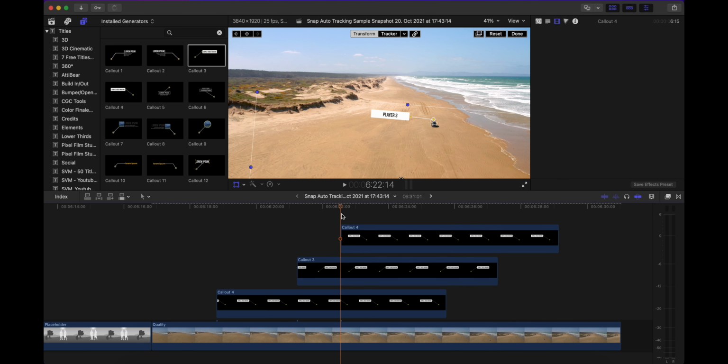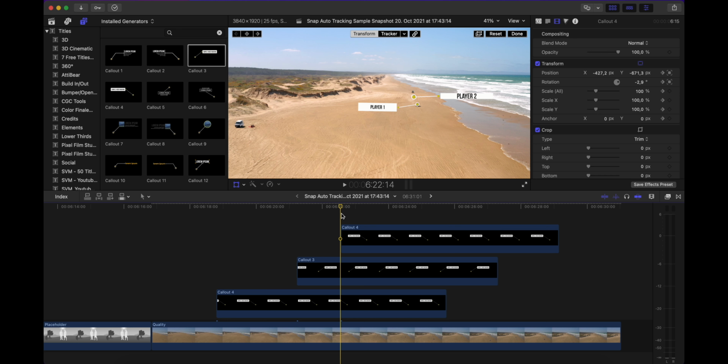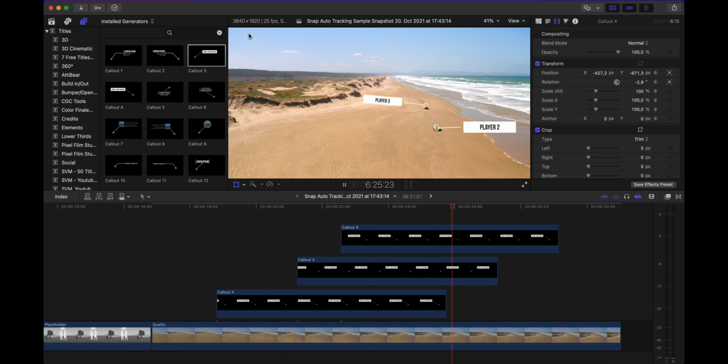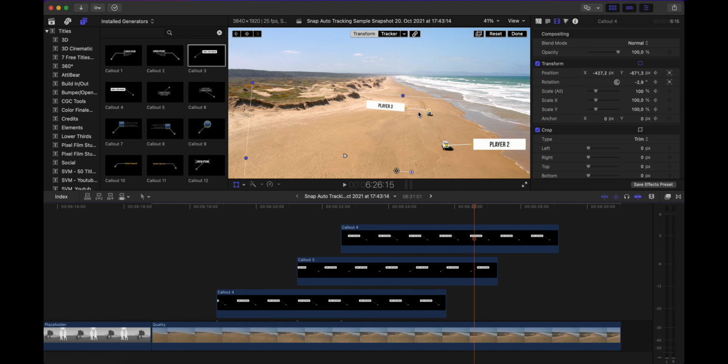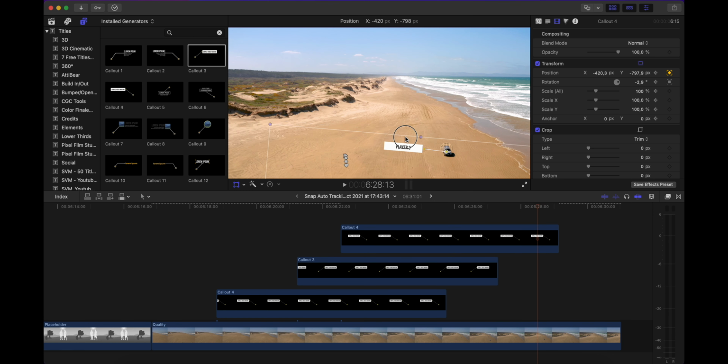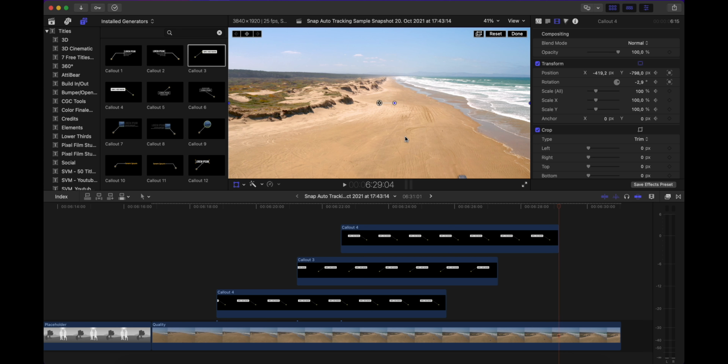Third layer, same procedure, starting the playback, adding a keyframe, continue the playback to the point where it does not align anymore, adjust the layer, playback, adjust the layer, playback, once again adjusting the layer.